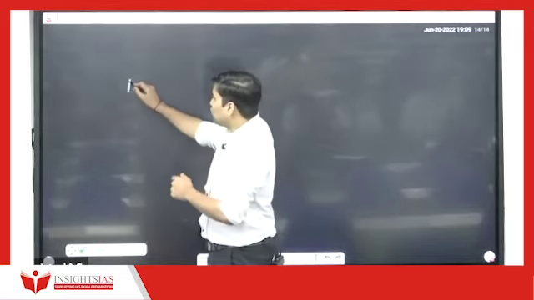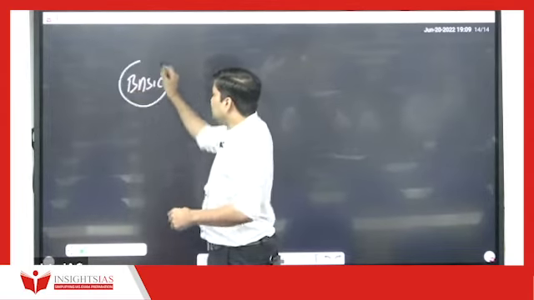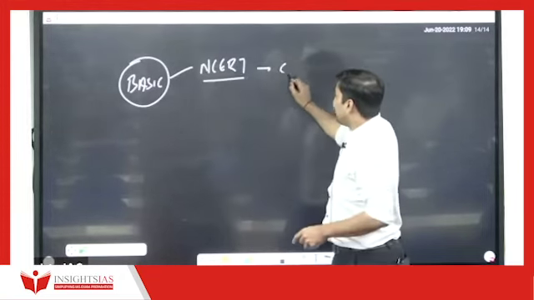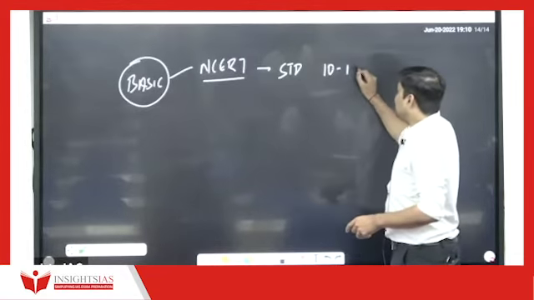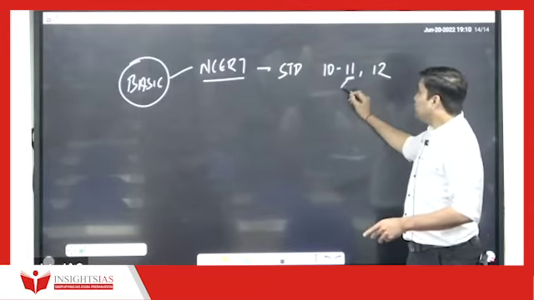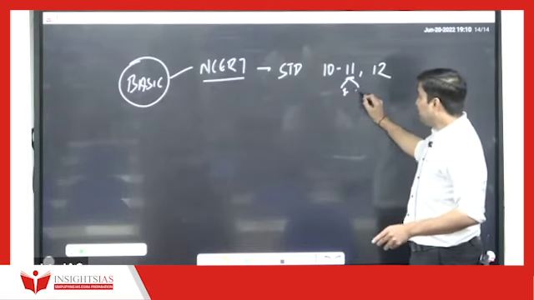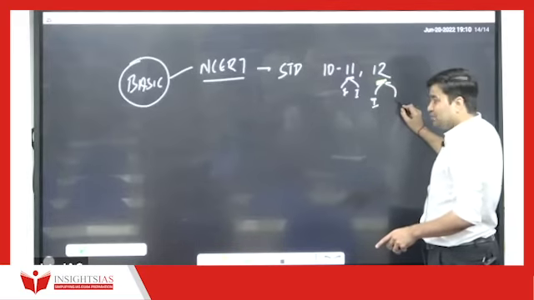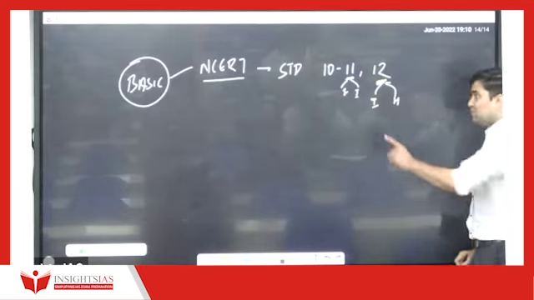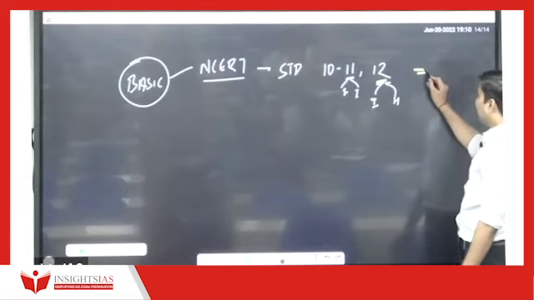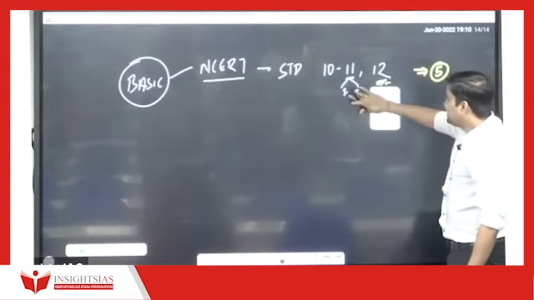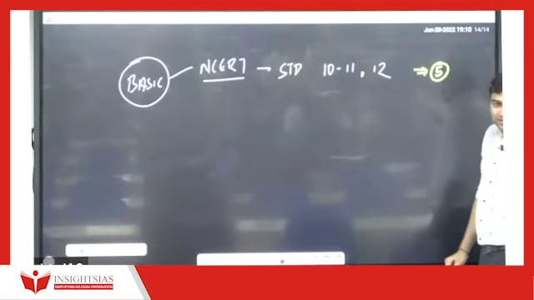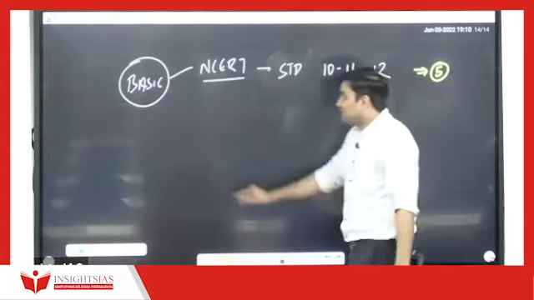So basic books for geography are as follows. First, NCERT from standard 10, 11, 12. In 11th there are 2 books, Fundamentals of Physical Geography and India Physical Environment. Here you have India People and Economy and here you have Human Geography. So how many NCERT books are there in total? 5 NCERTs you need to essentially read: 2 of 11th standard, 2 of 12th standard, 1 of 10th. Bare minimum reading. The second basic book is